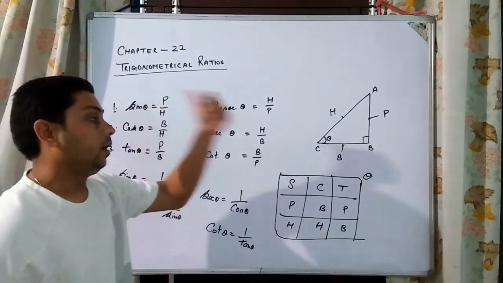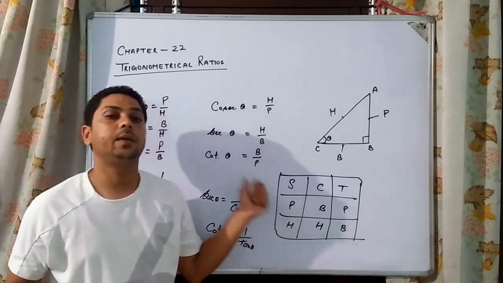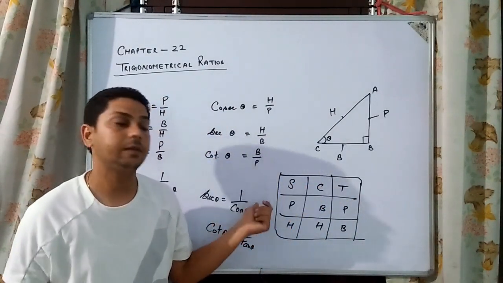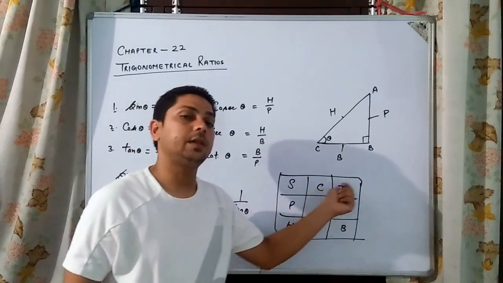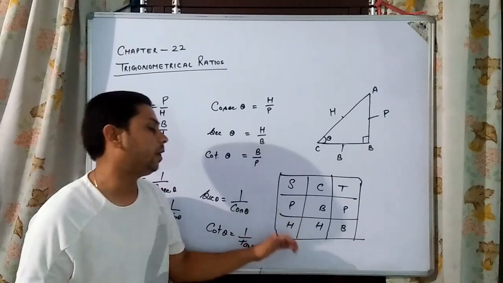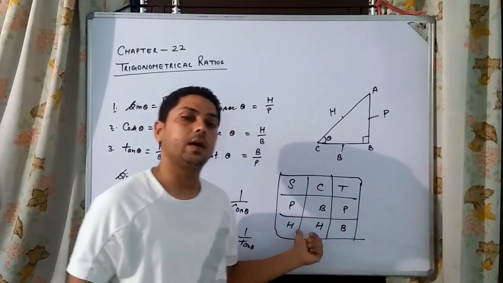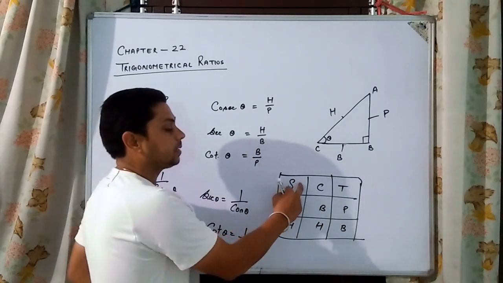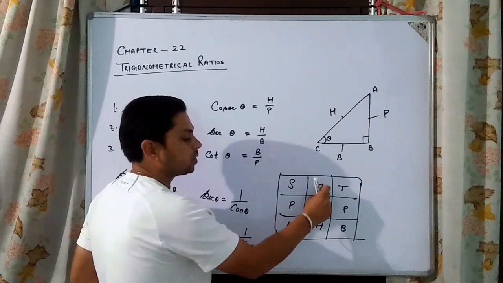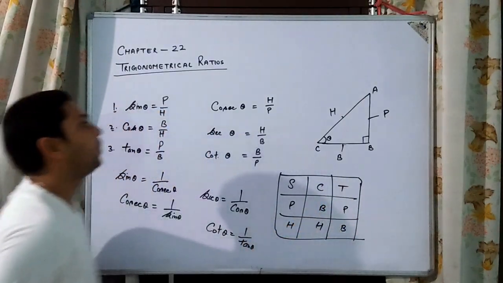So remember this table. In every question you can write this table before solving the question. That is Sona Chandi Tole Pandit Badri Prasad Har Har Bhole. So how will we remember it? And what is sine? Sine is perpendicular upon hypotenuse. What is cos? C for cos. Cos is base upon hypotenuse. What is tan? Tan is perpendicular upon base here.